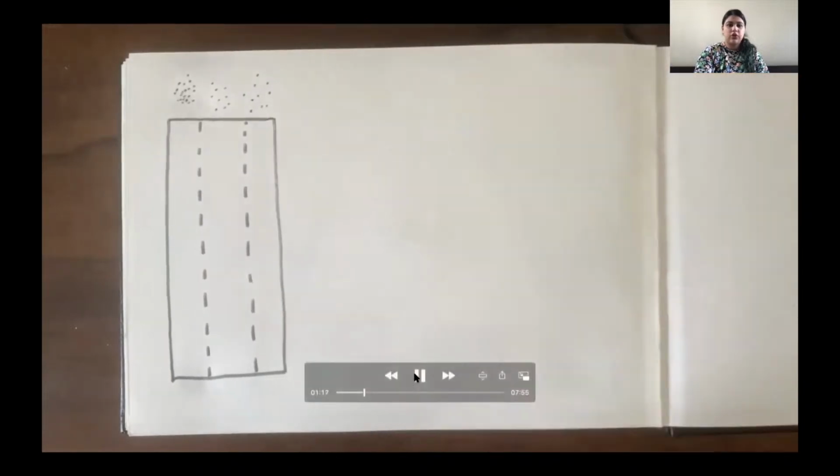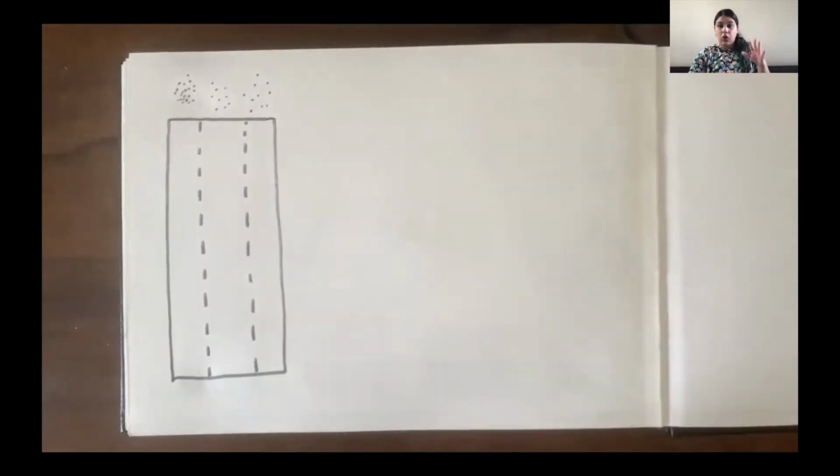All right, so what I have done here is, on my leftmost side, which you can see the dots are a lot together, is going to be my space where we have all of the dots cramped up together. So it looks like there's no place left. My second section is basically where the dots are a little freed up. So there is a little bit of space. And finally, we have a lot of space between the dots. So there is a lot of space. So that is the first